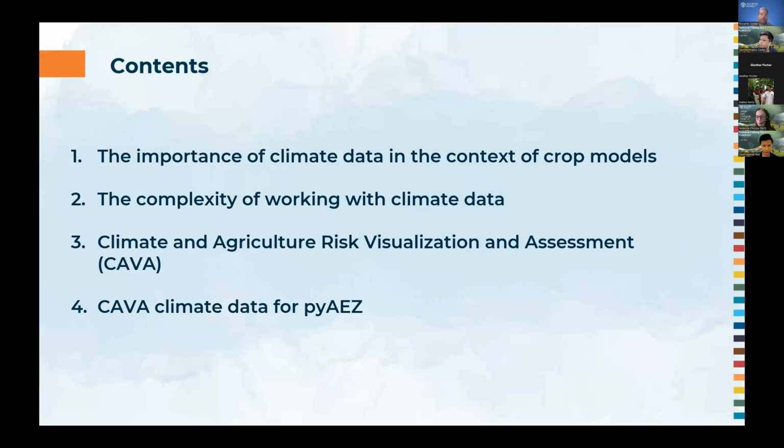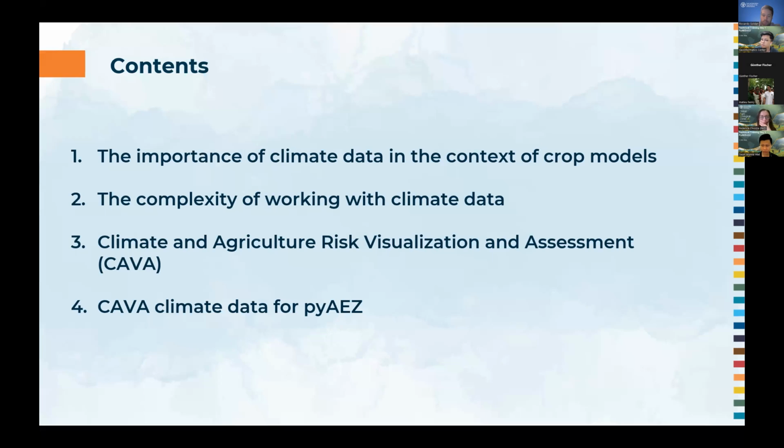These are more or less the contents that I want to cover briefly in these few slides. Obviously, the importance of climate data in the context of crop models. And one of the things that we try to address, which is the complexity of working with climate data.